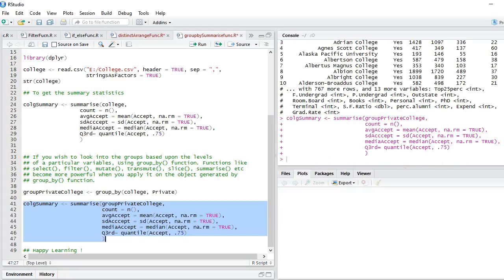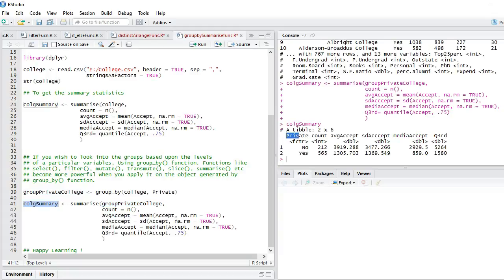Okay, so I've run this, and you can see the data set which I passed was group private college and not the college like in here. So it's not the original object, it's the new object which I have created by making use of group underscore by. So let's see what's in there.